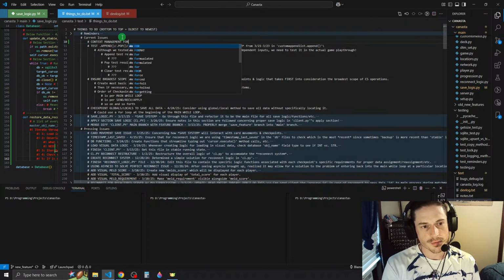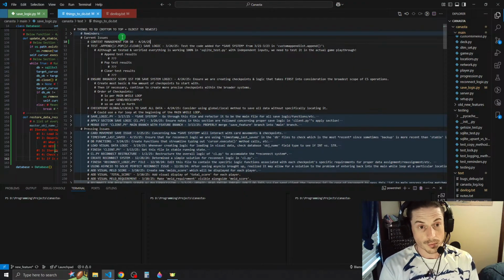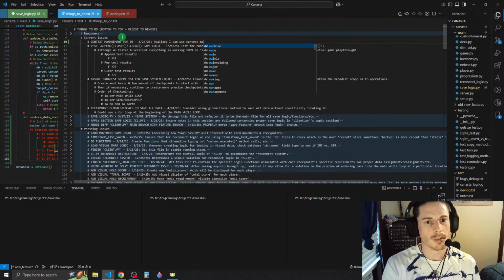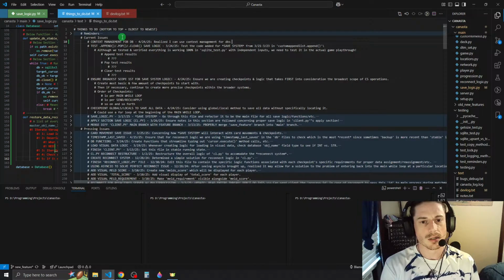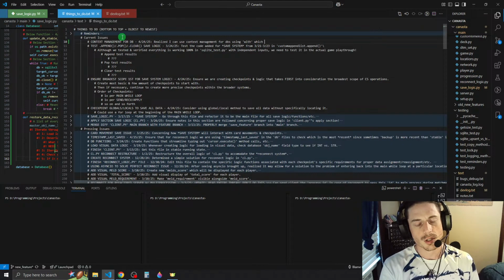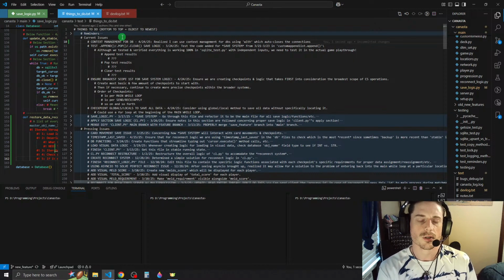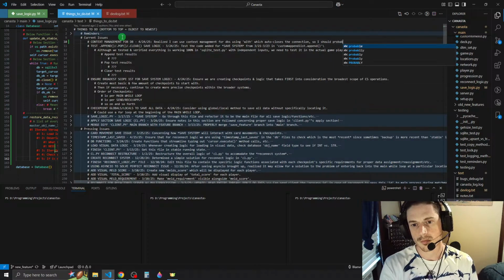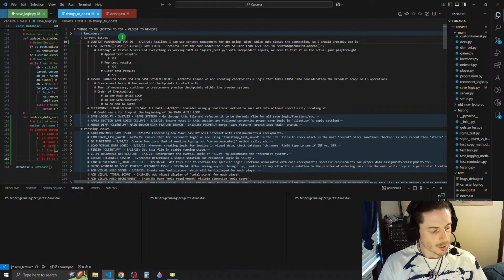Context management for DB: I realized I can use context management for databases, using with, which auto closes the connection. So I should probably use it.